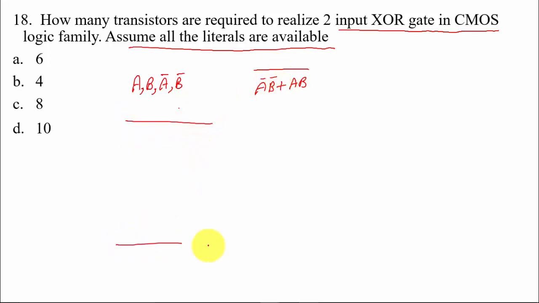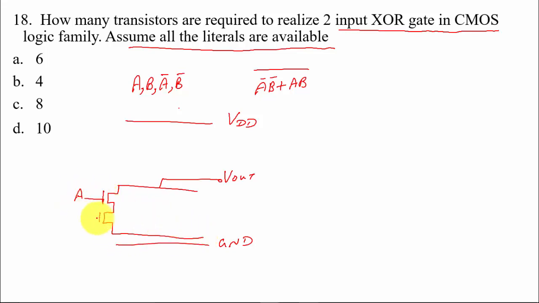Here I am going to tap the output. The power supply rails are VDD and ground. Now the transistors should be connected in series because the inputs are A and B. Plus means parallel, and another set of inputs are A bar and B bar. So in the pull down network I am making use of 4 transistors. Wherever I have connected in series, replace with parallel, and wherever I have connected in parallel, replace with series in the pull up network.